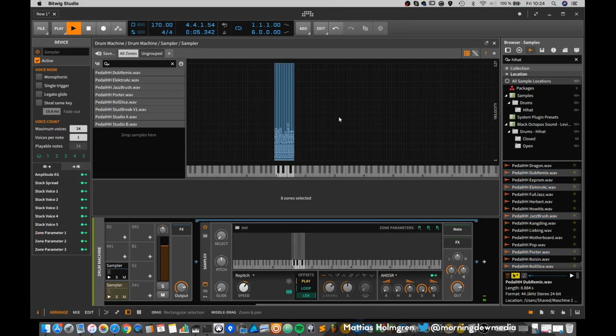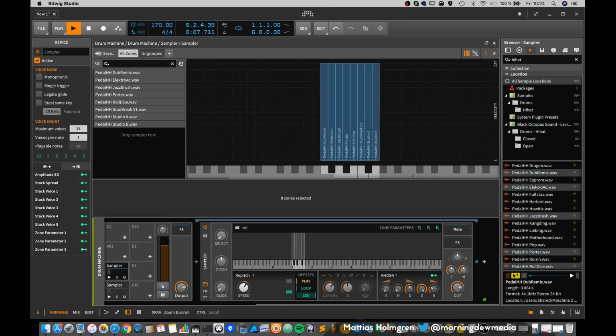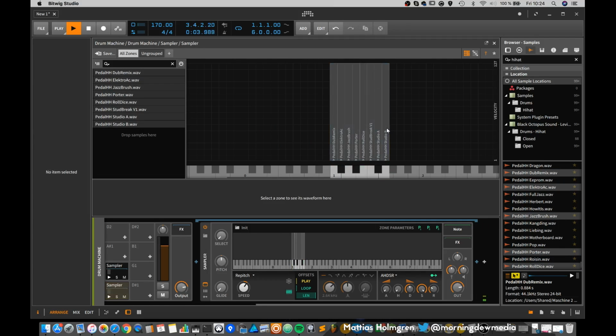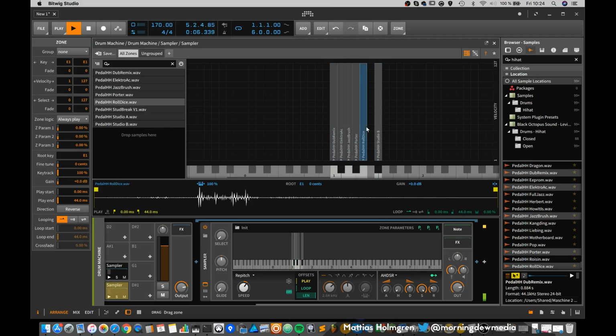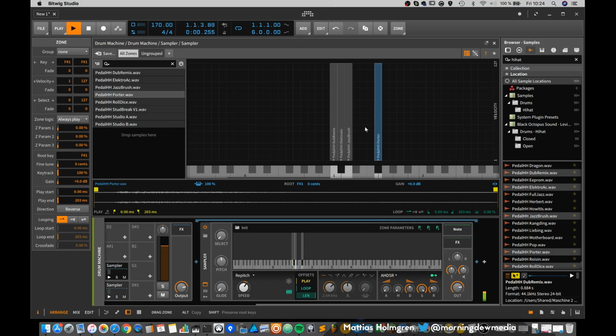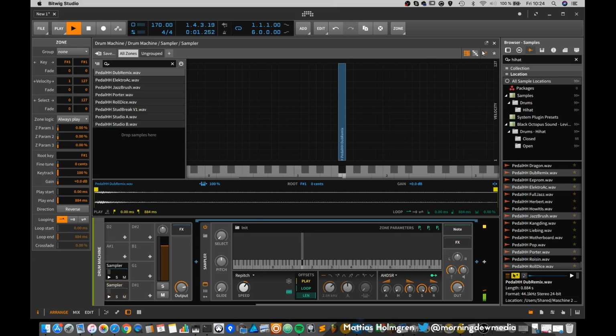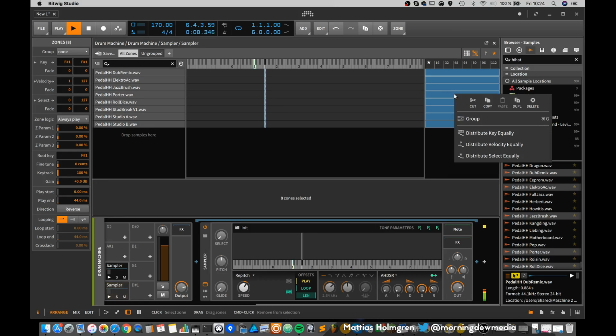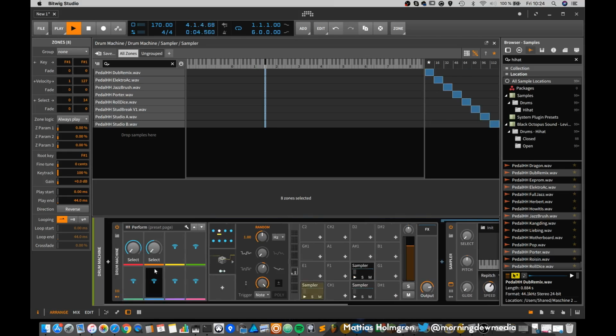Go into the expanded view and drag all these to F#1. And go into the zone view and select all these. Go into the selection, right click and distribute select equally. And now we can do the same thing with the hi-hat.